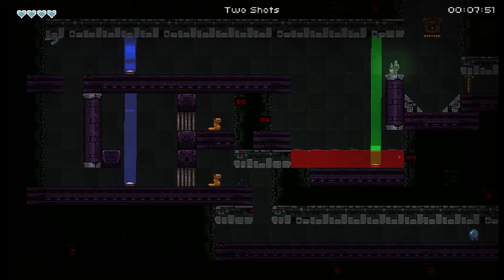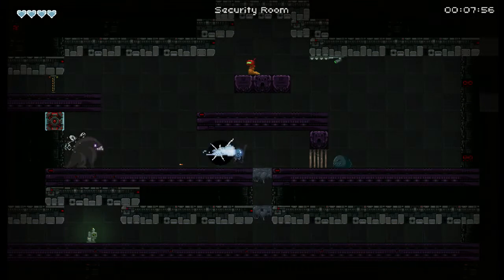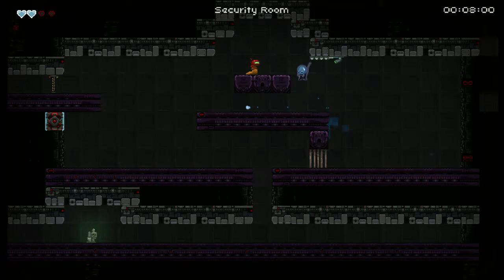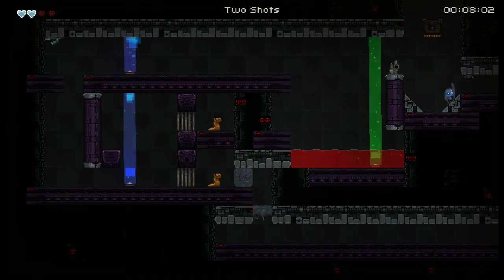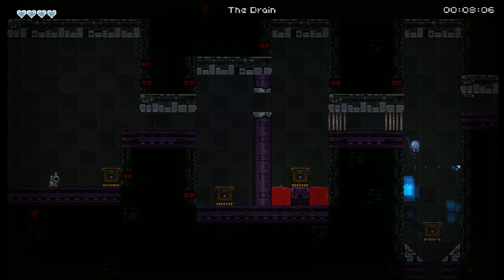So again, we can't do the death warp strat from any percent because we kill everything. We are missing 2 cores, and then we're going to talk to...